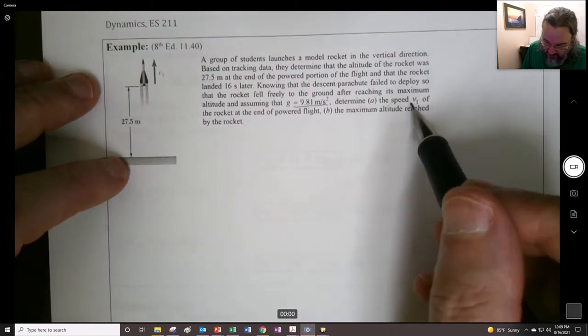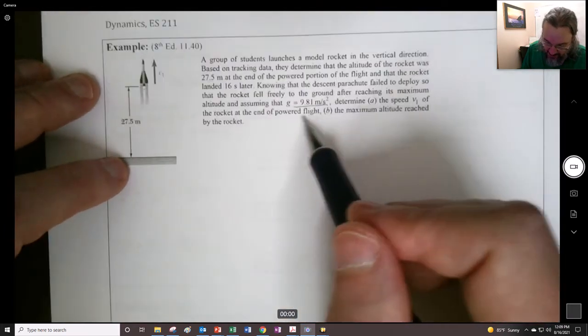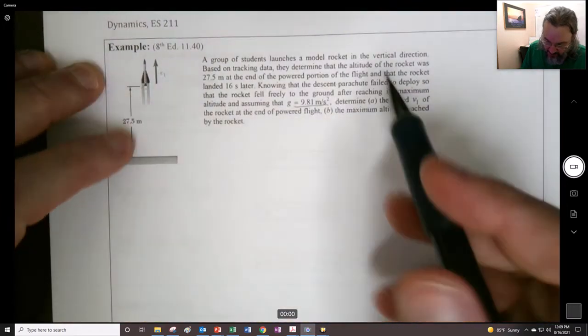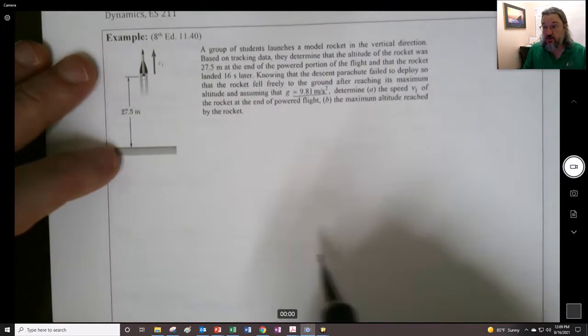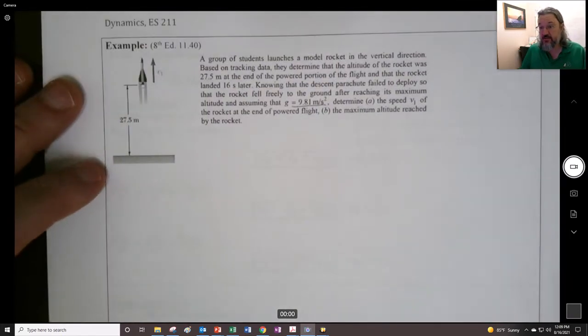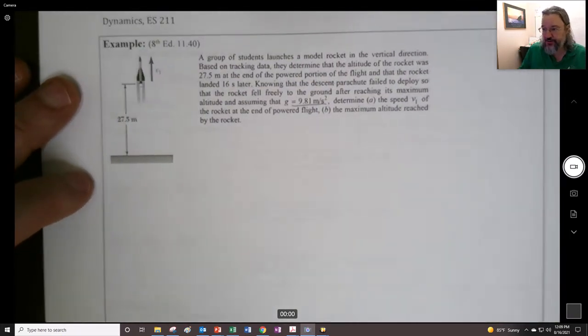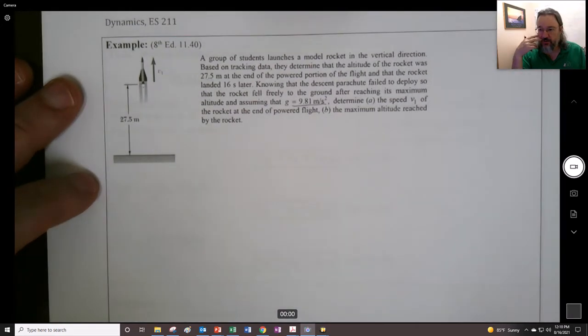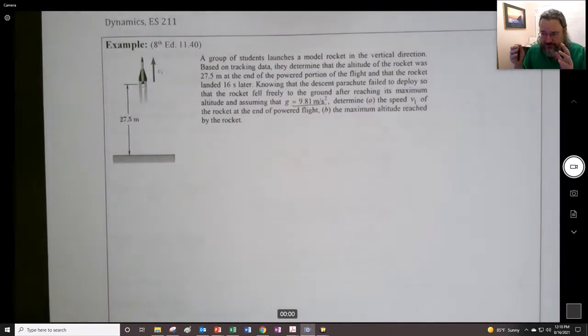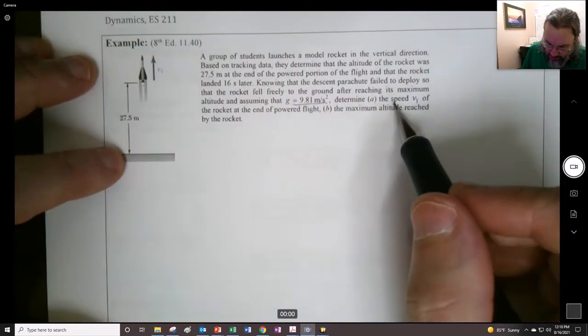We want to find the speed of the rocket at the end of the powered flight, right there, and then the maximum altitude reached by the rocket. So even though these seem like easy equations to use, this has already turned a problem kind of on its head, and so you're going to have to be careful not to underthink it, or not to overthink it. You want to make sure that we're picking the problem apart. All right, so we say,